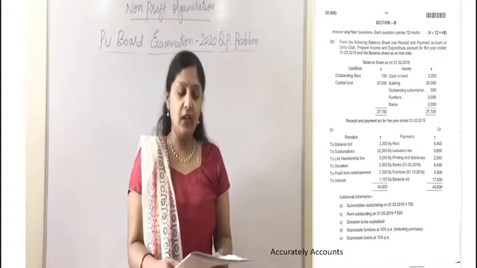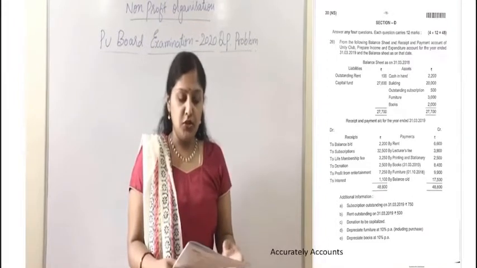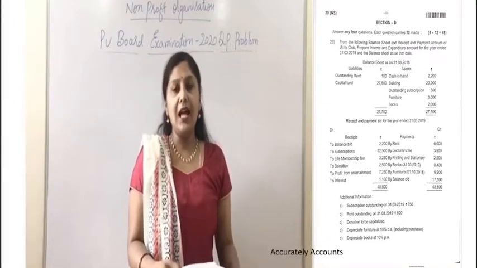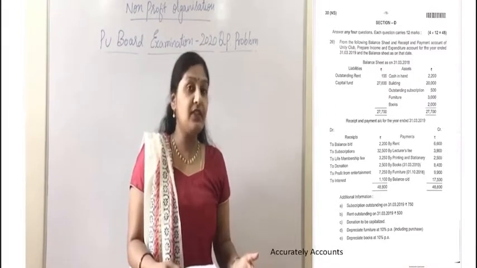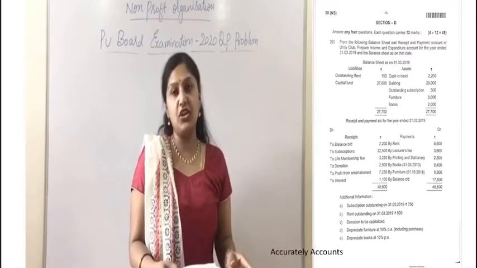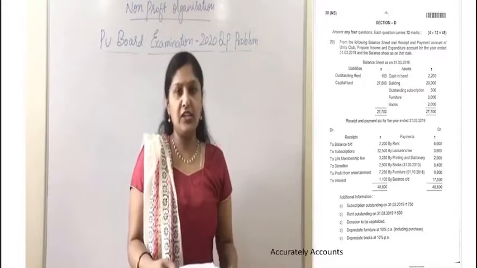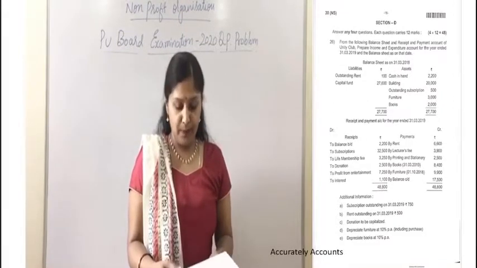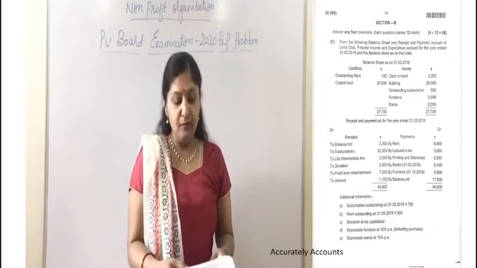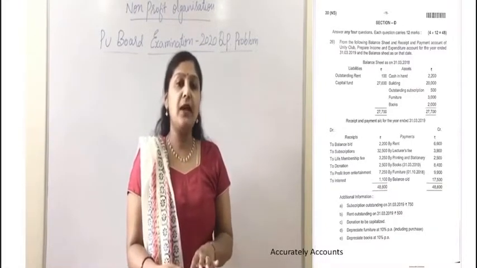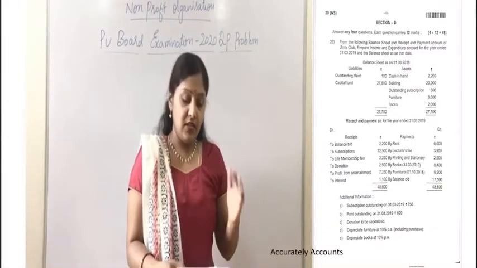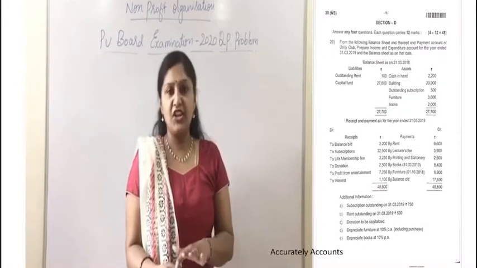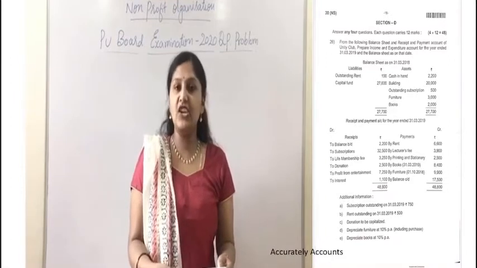The same way they have given by furniture. So it is additions to existing furniture. Again, we need to treat it below the asset side, and if there is any kind of depreciation related to the books and furniture, we need to treat it, and I am going to explain the treatment of depreciation in the coming part of the problem. And then we can find by balance carried down. This is the closing balance of cash, and this closing balance of cash we need to consider below the asset side as the cash balance. Now let us see the additional information.